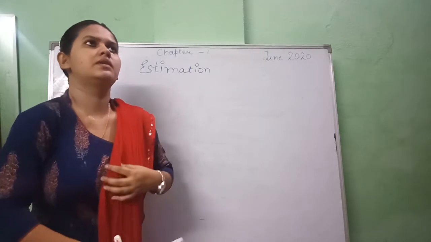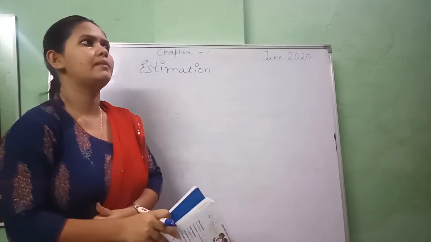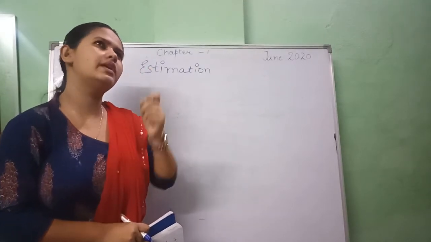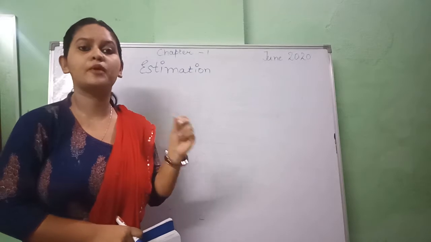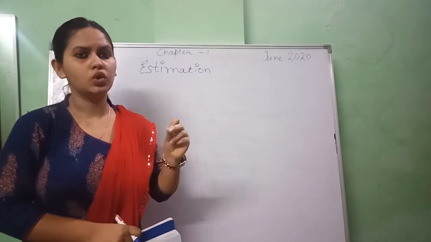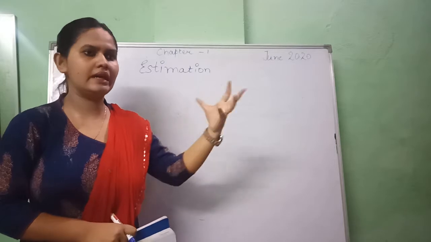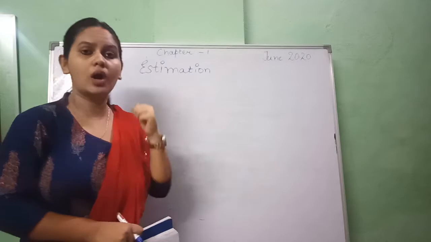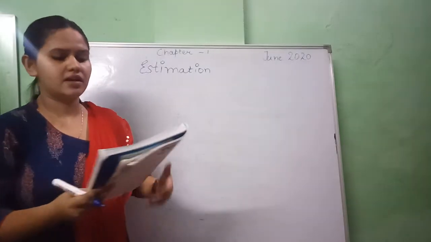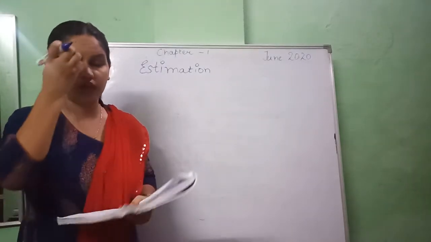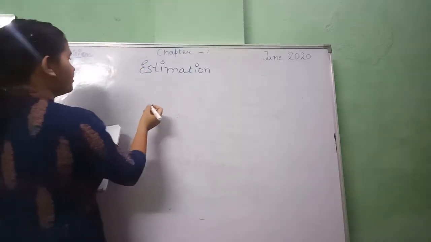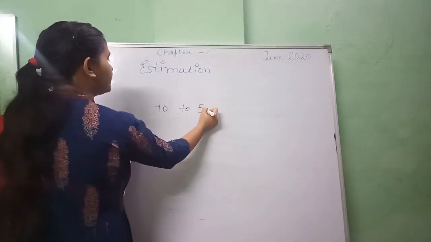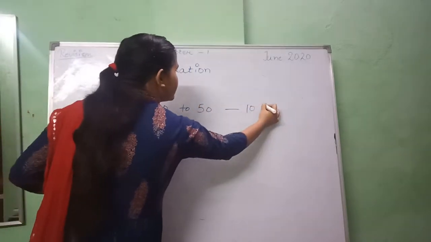If I give you 4 numbers and I tell you about estimation, then I will not be confirming that. I will say there are 2.5, 3.5, this kind of approximate something, to suppose something, right? Nearby something, rounding to the nearby something. So this is called estimation, to approximate something. So you can see here, when we learn about 10, estimation of 10, which means we will count from 40 to 50, right, in 10 estimation.